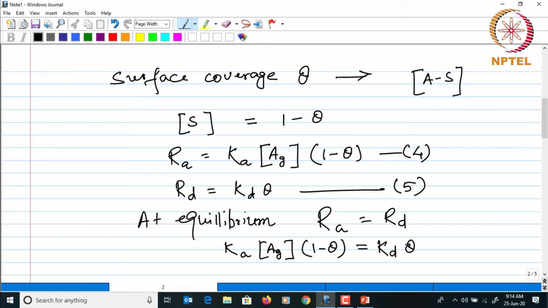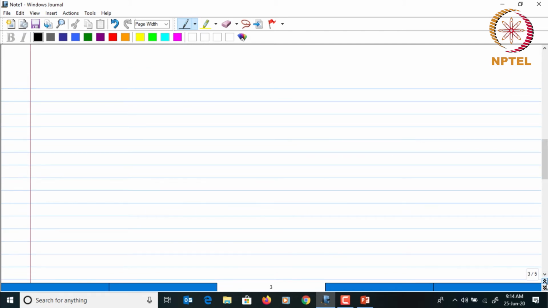Okay. Now this concentration of the adsorbate or the gas is basically the partial pressure, or you can say it is proportional to the partial pressure of the gas, and hence this can also be replaced by the pressure of the gas P, and from there we can rewrite equation 6 as